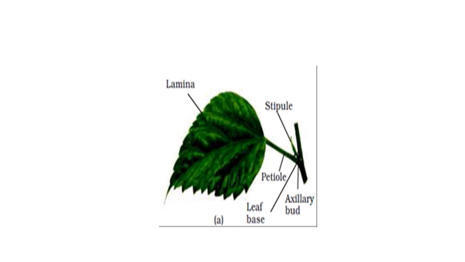So lamina, petiole and leaf base, all three parts of a typical leaf, are clearly observed in this figure, as well as some other parts or regions like stipules, the outgrowth-like small leaf-like structures, green in color. Axillary bud is also observed in this figure. So this way, in higher plants, this type of leaf is present as the structure of a typical leaf.